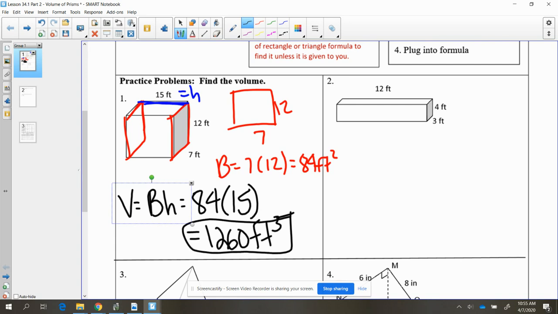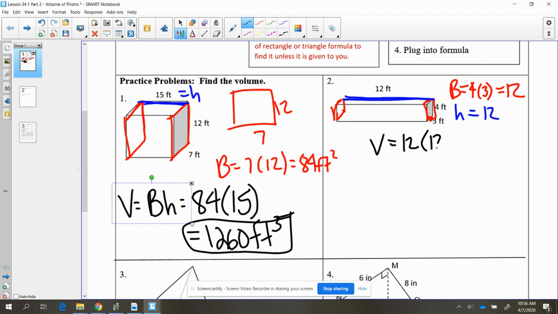Now from here, when we look at the second example, again, it does not matter where you choose your base to be for these rectangular prisms, you just have to stay consistent. So in this case, if we choose 4 and 3 to be the side lengths of our base, okay, 4 times 3, our total area of the base is 12 feet squared. And the height then, the distance between them, is 12